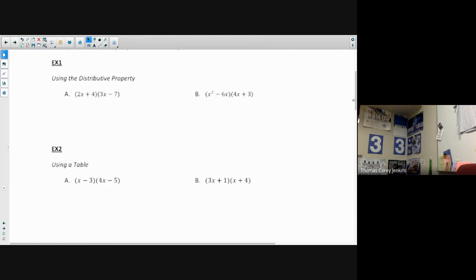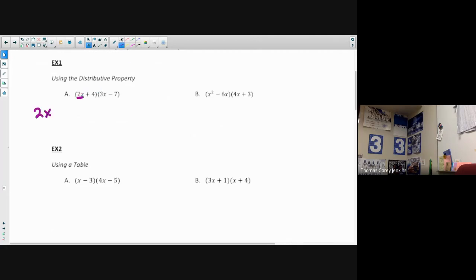Okay, with all that said, examples 1 through 3 will be the exact same types of problems. I'm just showing you alternative ways to think about them, okay? So you should maybe zero in on one of the methods and use that one consistently. The one that I like the most is here in example 1, and it's just the good old distributive property. The thing you have to remember, though, is that if you're taking a binomial times multiple terms, you have to distribute both terms, okay? So you take 2x